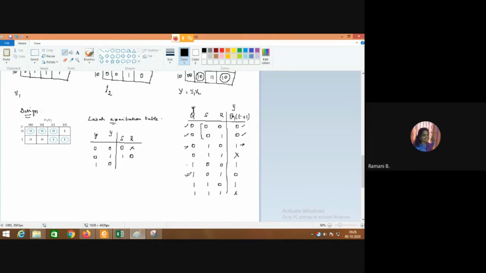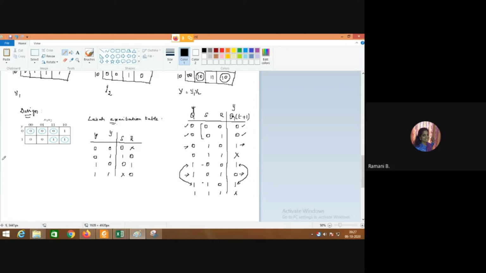So the 1, 0 condition is the reset condition, so S is equal to 0 and R is equal to 1. And for 1, 1, when both the present state and next state, the excitation variable and the secondary variable, are 1, the S value changes and the R value is 0. So it is don't care and a 0. Okay, this is our latch excitation table.